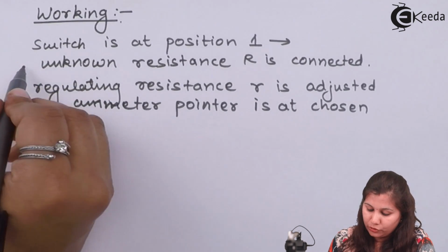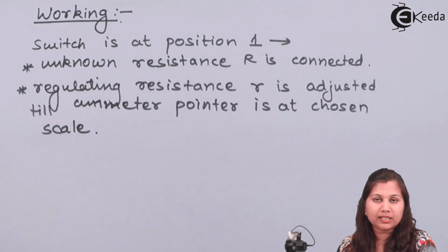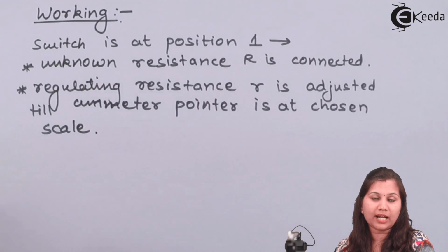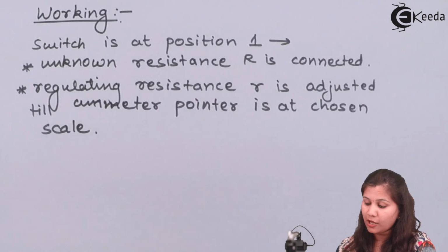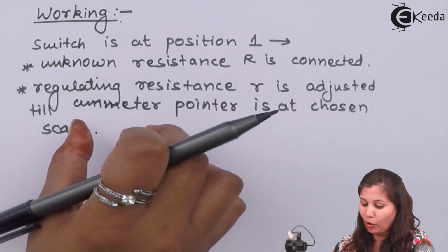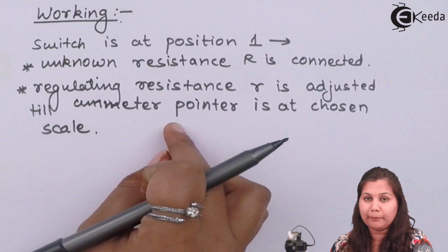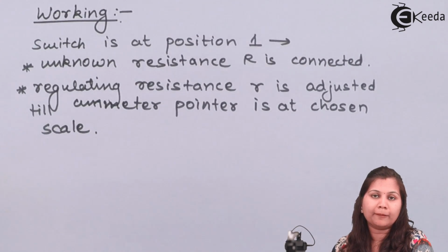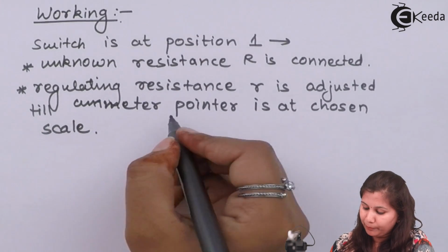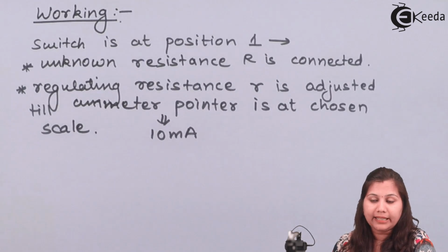So we are going to change this regulating resistance using the sliding contact of the rheostat. It is a rheostat, which is a variable resistance. So we are moving that sliding contact so that a proper scale can be chosen for the ammeter. Now when the ammeter pointer has our chosen value, suppose we are using 10 milliamperes, then we are